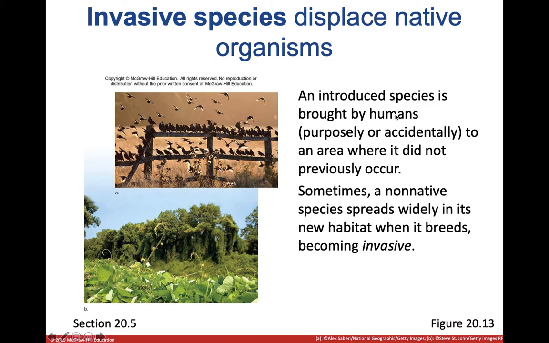Now, an introduced species is going to be a species that is accidentally brought here, or sometimes brought here on purpose. Either we brought it here on accident, say a little bird that accidentally flew over on a tall sailing ship, or a mouse that was on the boat, or a little spider or bug that happened to have been in a thing of fruit that got shipped over, or a plant that got brought over as a seed. Or sometimes people bring them over on purpose as a pet or an agricultural plant or something that people accidentally let go. Well, that's an introduced species.